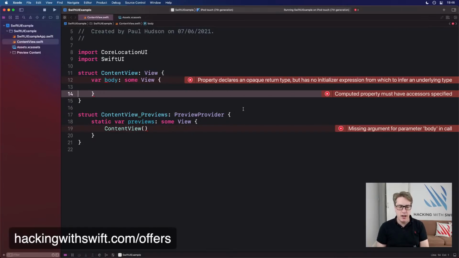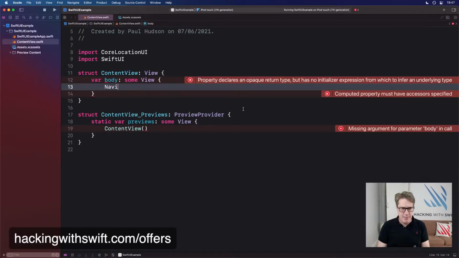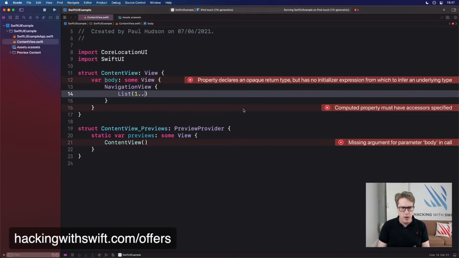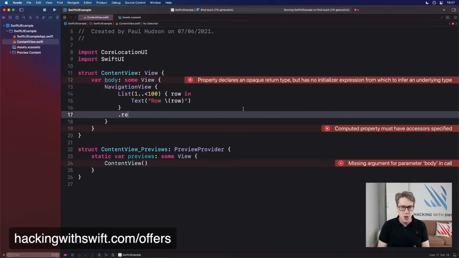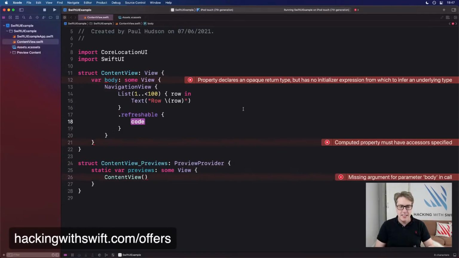Again, it's been built into UIKit for a long time, but now it's available in SwiftUI as well with the refreshable modifier. So you can now say this list here is refreshable, and SwiftUI will automatically take care of pull to refresh, calling a function of your choosing, waiting for that function to complete, and then hiding the refresh indicator. It works really nicely. And so in a really trivial example, you might say there's a navigation view here, and I'll do a list of 1 to 100 with a row coming in, and then text row is row like that, and then attach the new refreshable modifier here and say this thing should be refreshed, and when